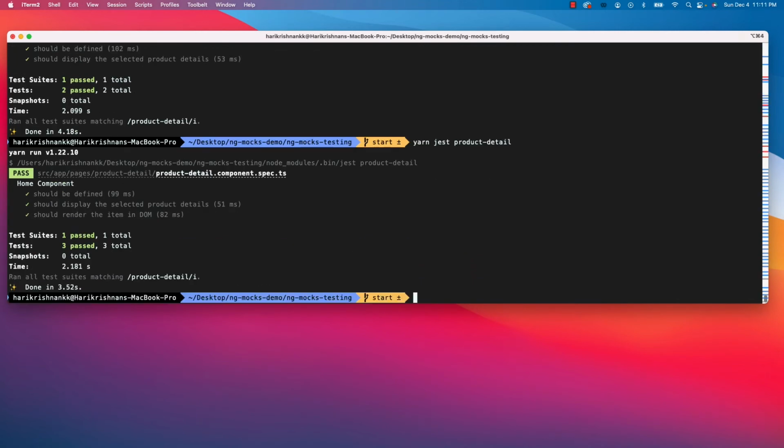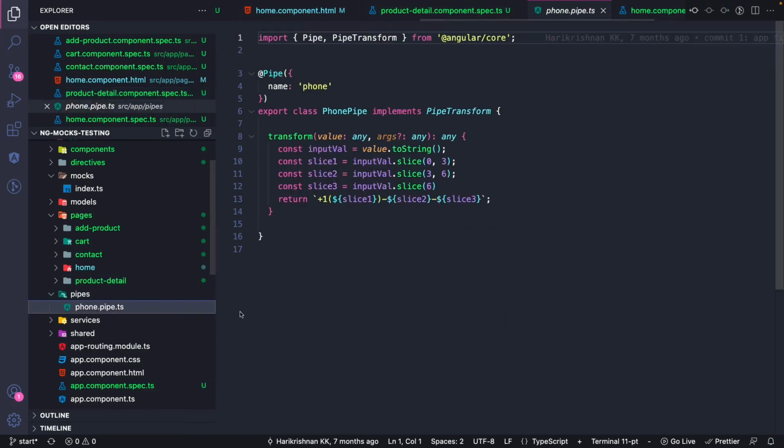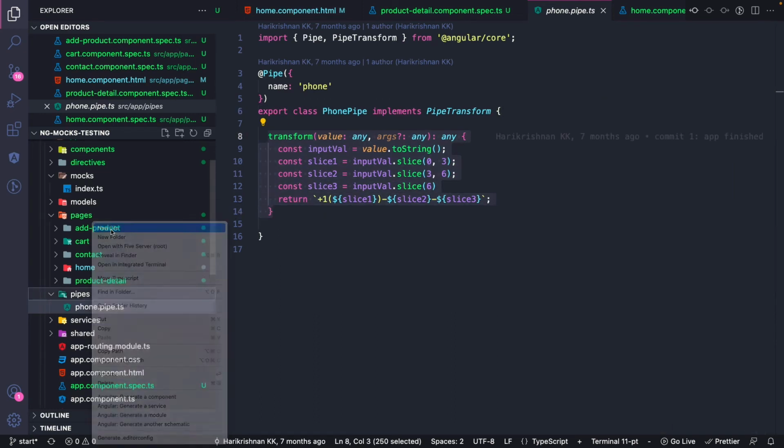it passes. Next, let's go ahead and test the pipes. So if you open the pipes, pipe would be one of the simplest as well. So there is no dependencies for the pipe. It's just a class with one method called transform. So let's bring in the spec file,